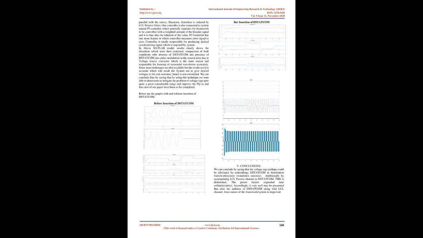PI controller, proportional integral controller, in a control system is a feedback controller which generally regulates the system to be controlled with a weighted amount of error signal, which is the difference between output and desired set point, and thus the integral of the value. In the current situation, the PI controller will be driving the error signal to 0.